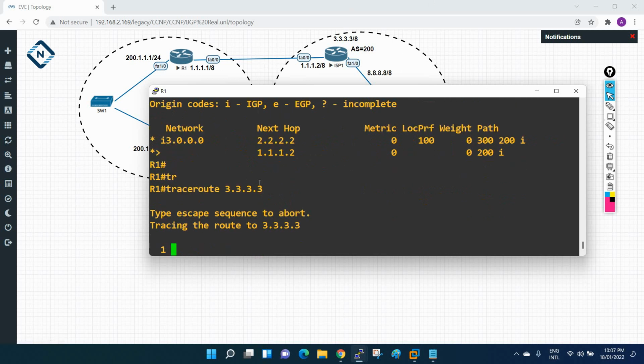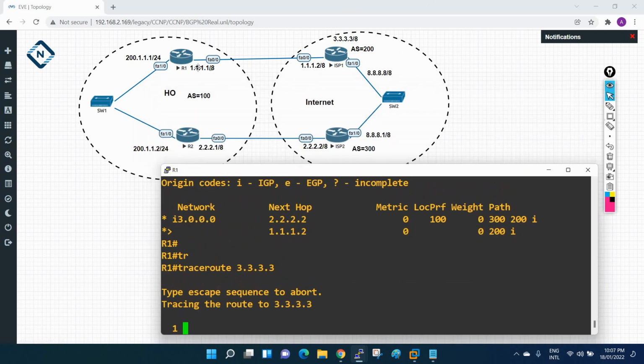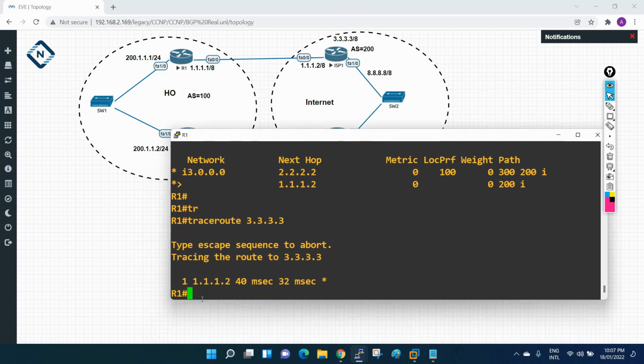If you see, it will start now, it will go from here, not from there. Now you can see it is going from 1.1.1.2, so it is using ISP1. When I want to go to 3.3.3.3, it is going through ISP1.